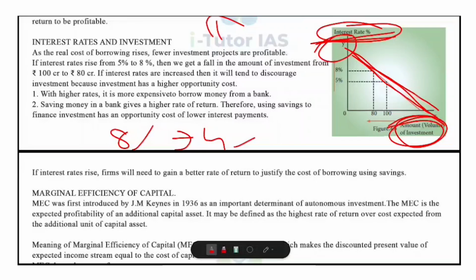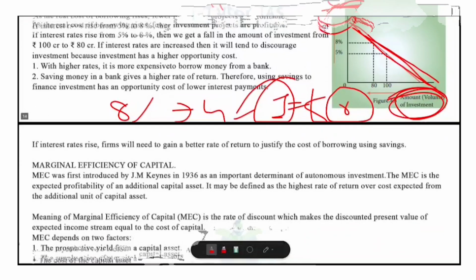So the summary is that the rate of interest and investment are inversely related. A higher interest rate leads to lower investment and a lower interest rate leads to higher investment. And this inverse relation forms the investment demand curve. I is always equal to a function of R. Remember that. That is, investment is always a function of the interest rate.